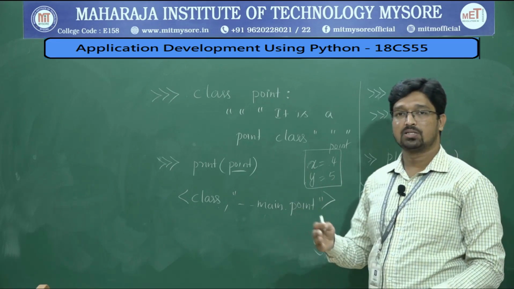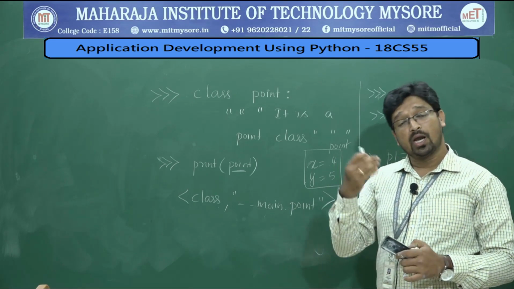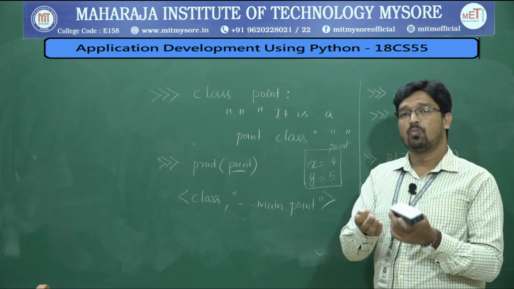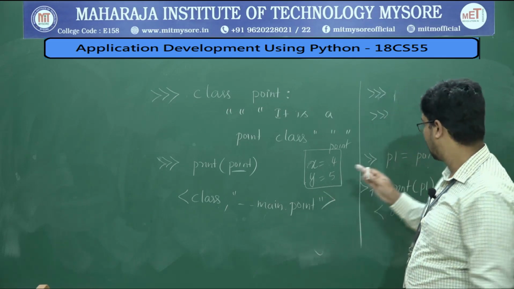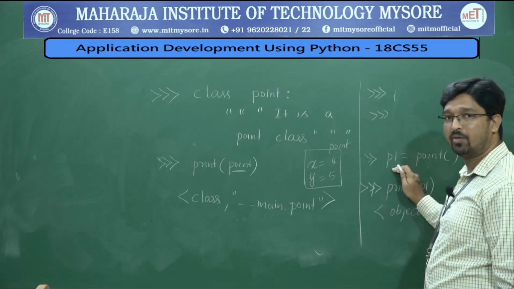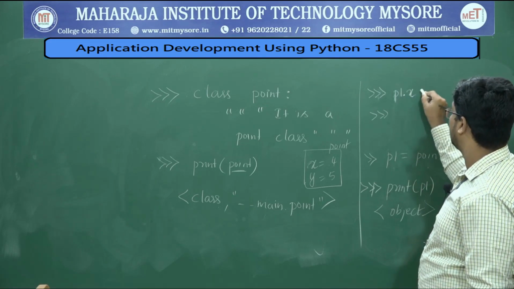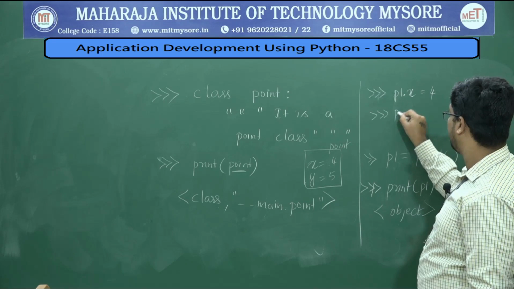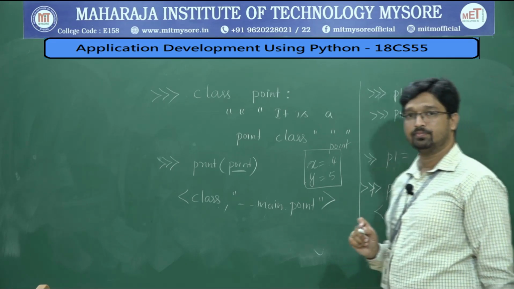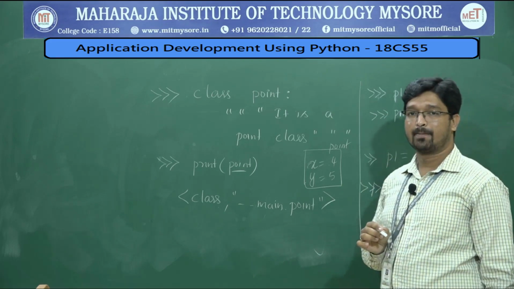As I said, with a student class, you cannot simply store student values in it. You need to create different objects of students, then consider an individual object at a time, then store the values. In the same way, I have created an empty class, then I have created an object of that class, then p1.x is equal to 4, p1.y is equal to 5. Like this you can store the values.